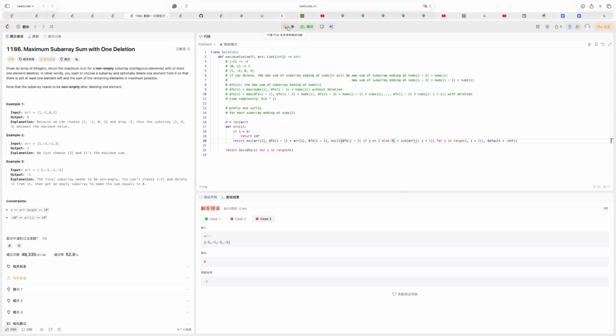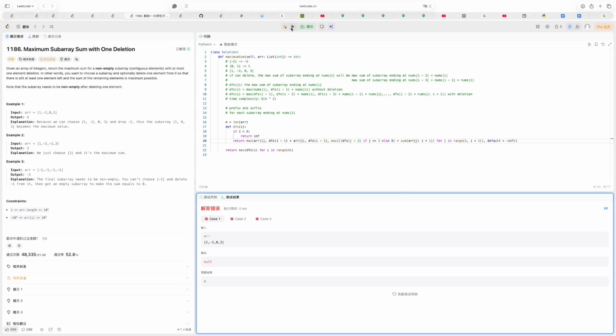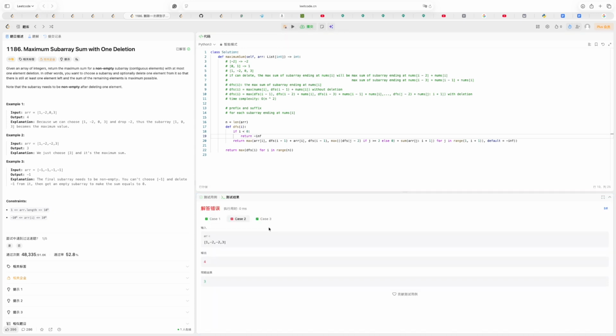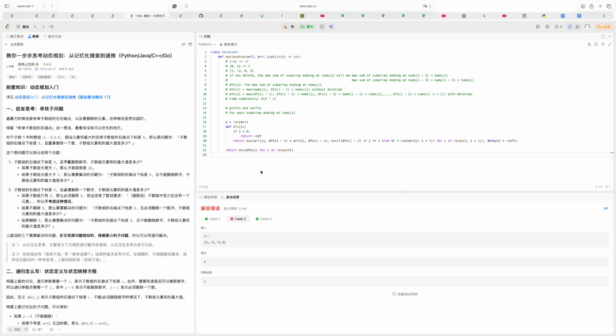Like this. Oh, should be negative. Check the solution, and yeah, it seems like I have to redefine the